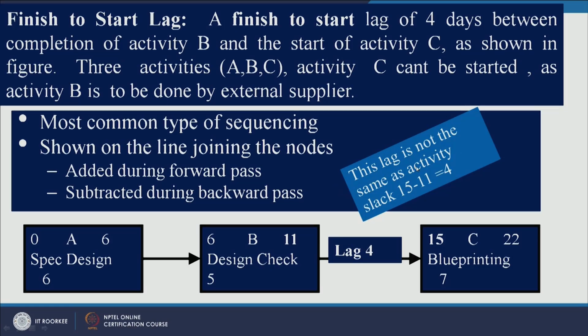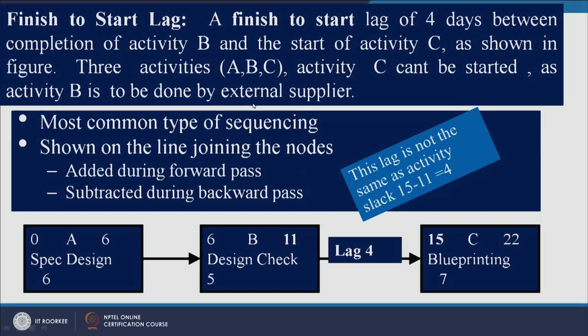So, this lag is not the same as slack, right. Slack is something different. Slack means you have the freedom to move activities without affecting the duration of the project, but lag is something given to an activity before which you cannot start your next activity. So, if lag is in between finish to start, then you need to add that lag time in the forward pass,